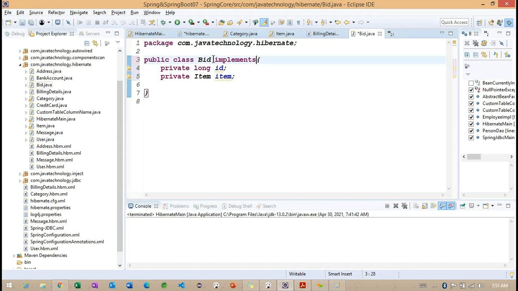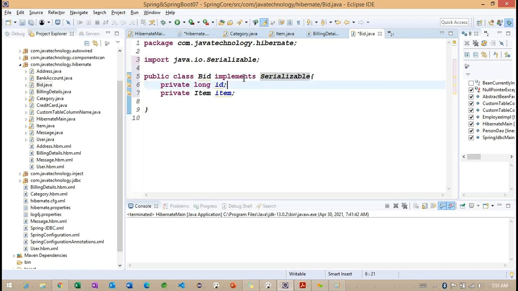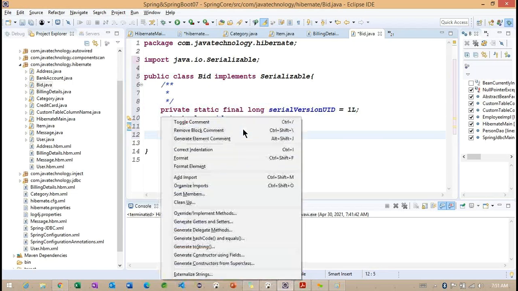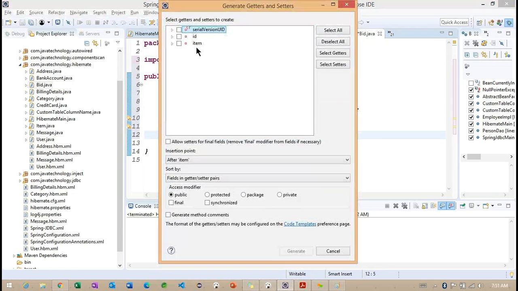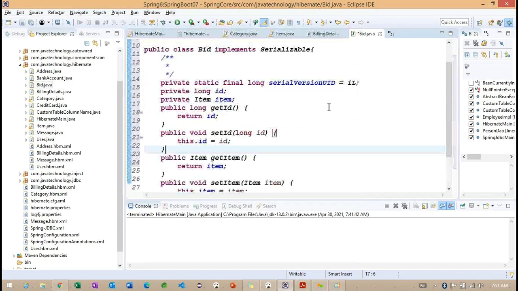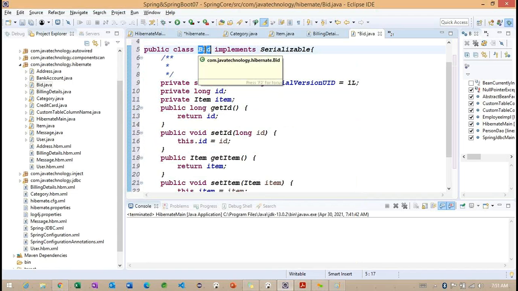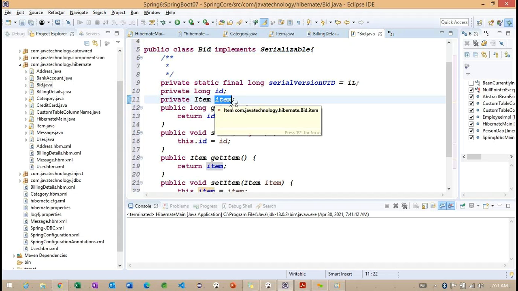Getting the point. So let me implement Serializable, add a default version, and generate setters and getters here. Right. Now you can see this particular bid has only one object here. So what is the one object we are having? Item here. Getting the point.